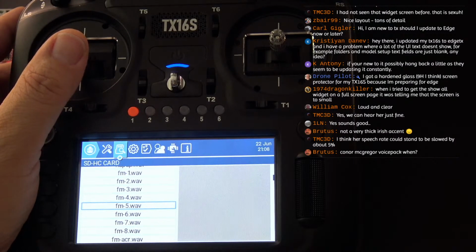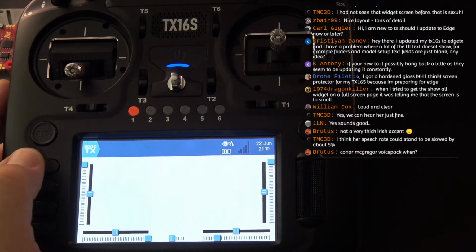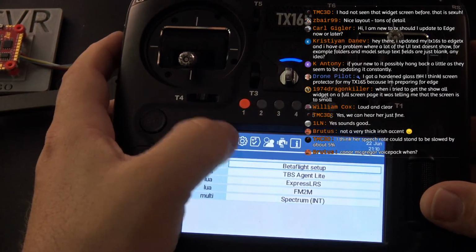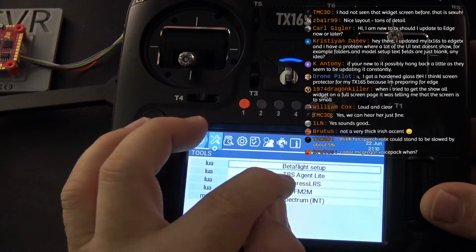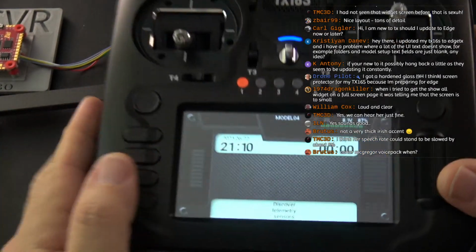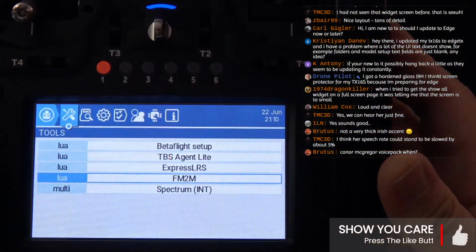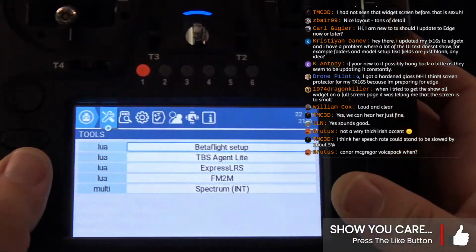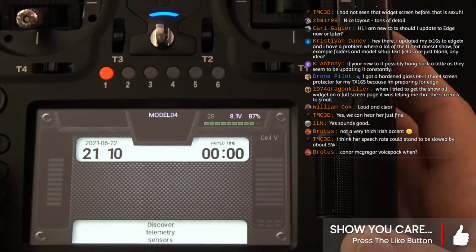TMCD, thanks for the info, John. You're welcome. I'd not seen that widget screen before. Yeah, man, isn't it cool? I kind of had to beg a little, but I don't mind, because I thought that is really good looking. That's a good looking screen. Again, I can back out there. See, that's the way I would expect it to work. So maybe there's some work to be done there. But yeah, that's definitely a cool looking screen.